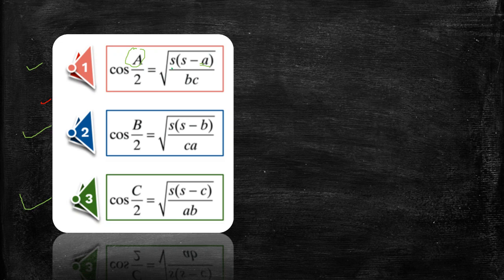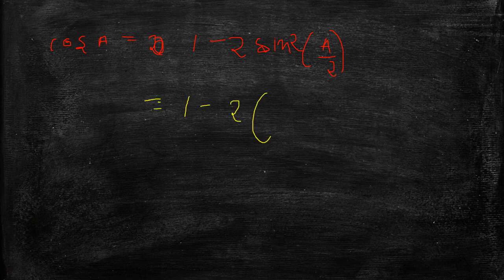What I will use here is the cosine rule again. In the previous proof, I proved that cos of A is 1 minus 2 sine square A by 2. That fact I used before to get the answer in terms of sine of A by 2. But I want the answer in terms of cos of A by 2. So what is my cos of A? I can write this as 1 minus 2 times sine square A by 2. And I can write sine square A by 2 as 1 minus cos square A by 2, by using the property that sine square theta plus cos square theta is 1.